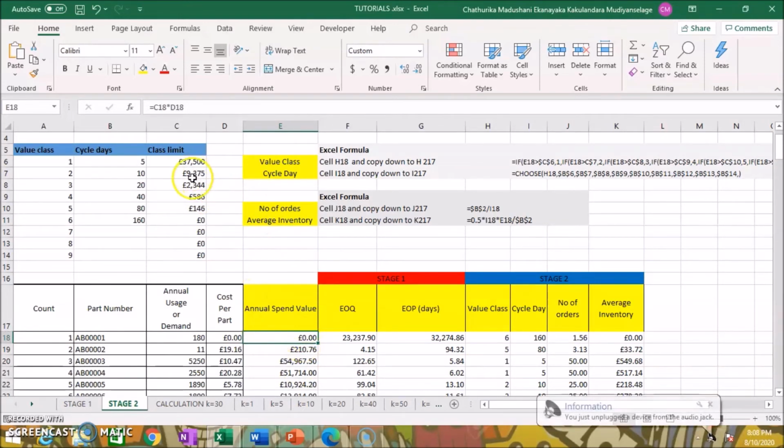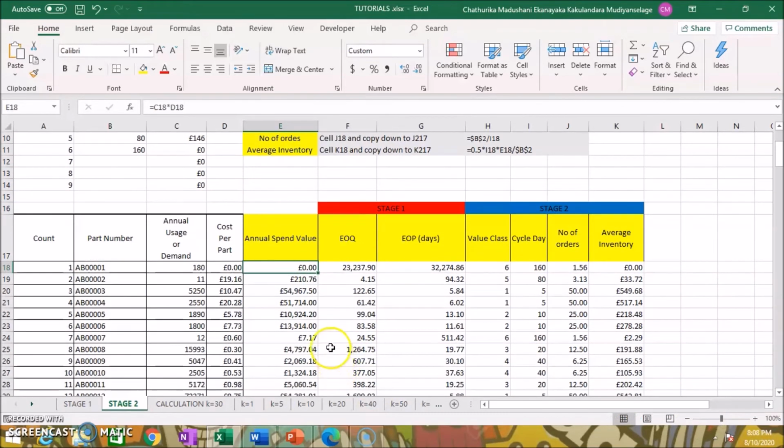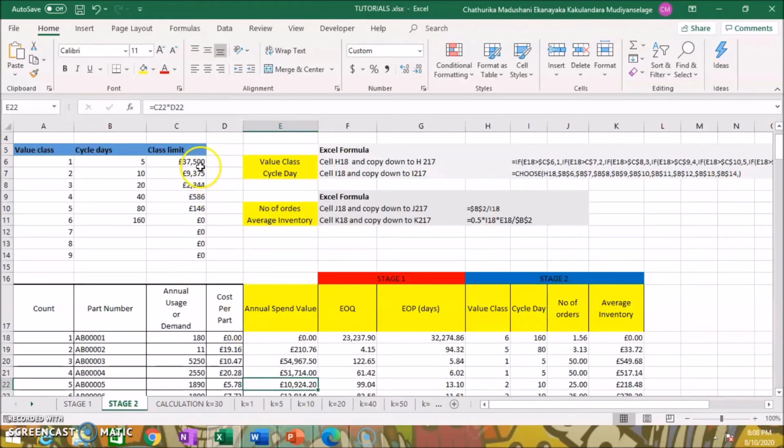So based on the annual spend value, we can see, for example, if the annual value of the item is between 9,375 and 37,500, then it can be classified as class 2. For example, here 10,924, it's between these, so it will be classified as 2. So now we will classify all the items based on their annual spend value,